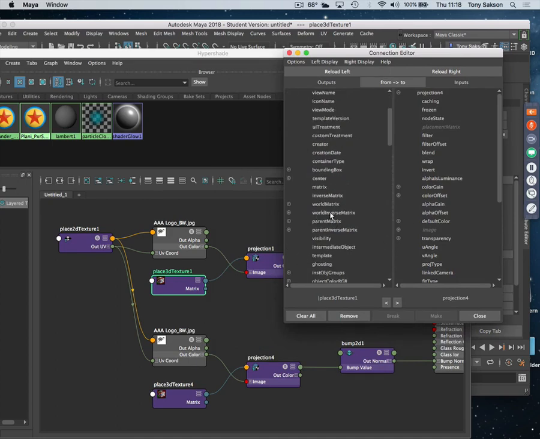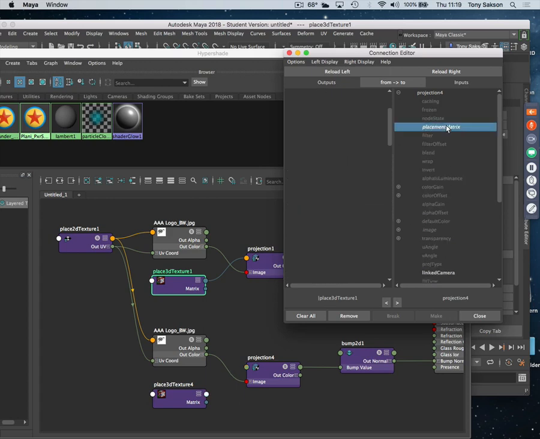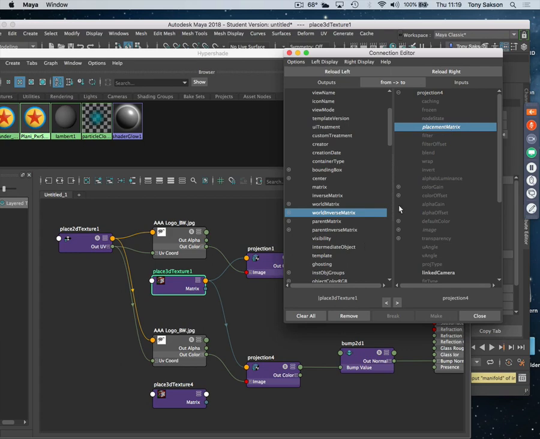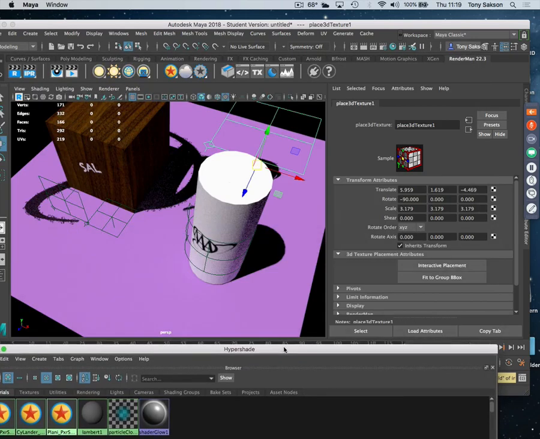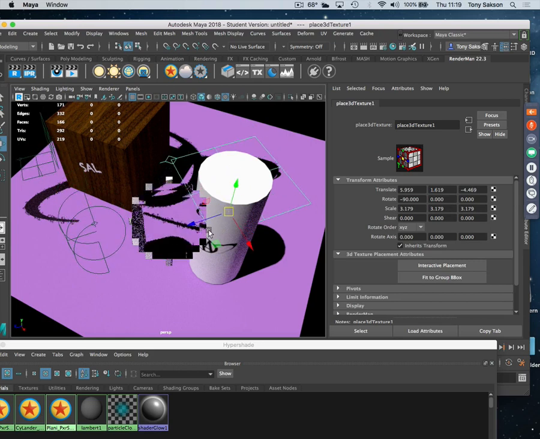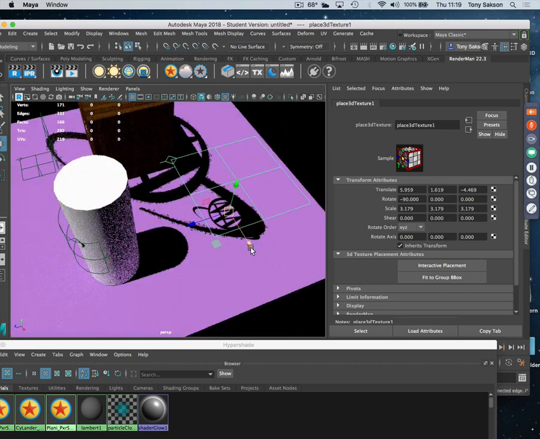You want to make sure that you take your world inverse matrix and connect it to your placement matrix. At this point, it might be a little much for you to do, but what that will do is line them both up. So wherever I move my AAA logo,